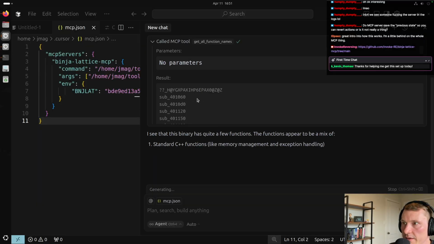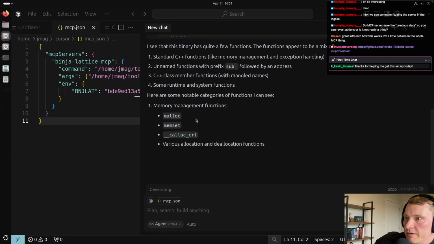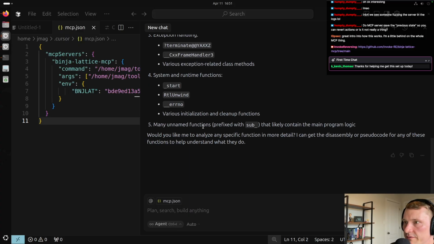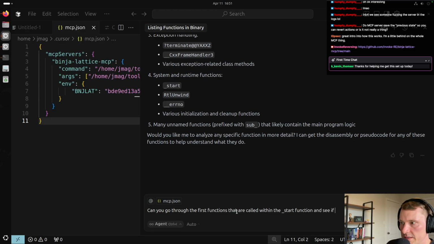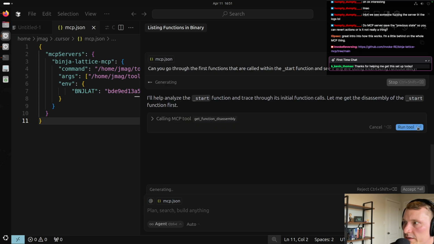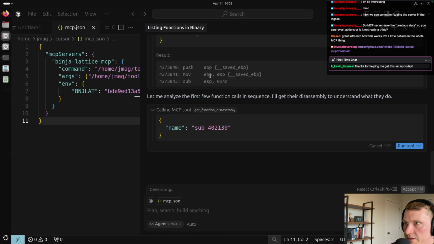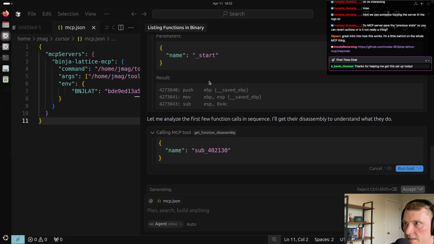Okay, so then we get a list of functions, and it's basically just saying there's some standard C++ member functions and then listing a bunch of stuff. So the first functions that are called within the start function, and see if any are doing malicious or let's just say interesting functionality. Okay, so it's going to get the disassembly within the start function. And then, so basically it just called get disassembly for the start function. And then now it's getting the disassembly for